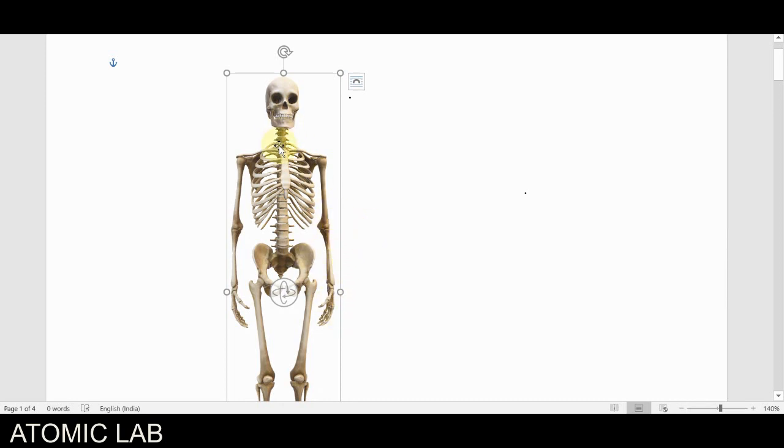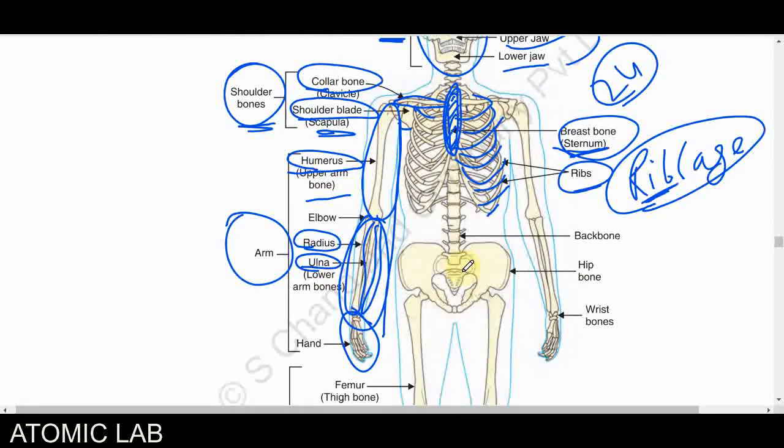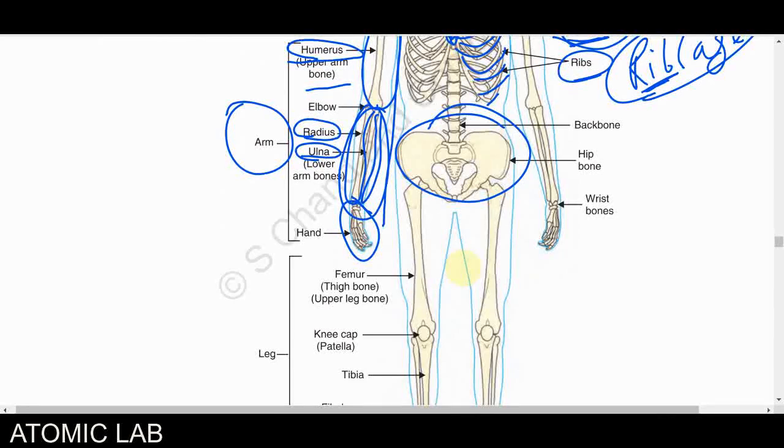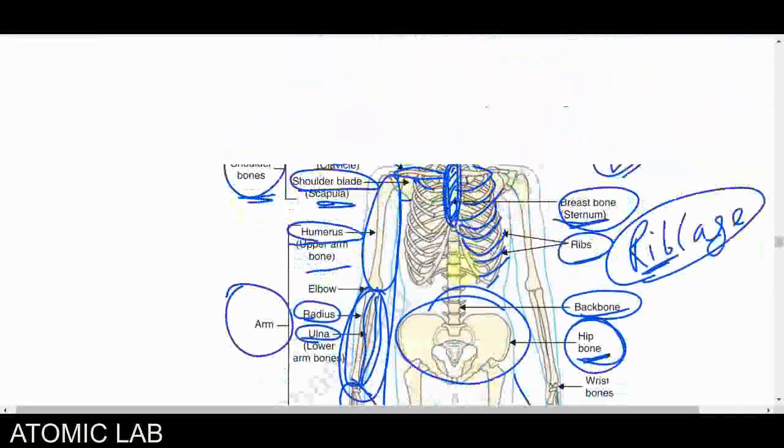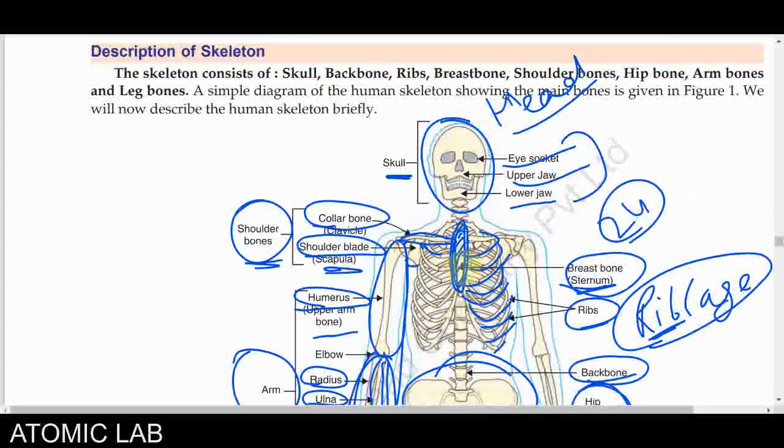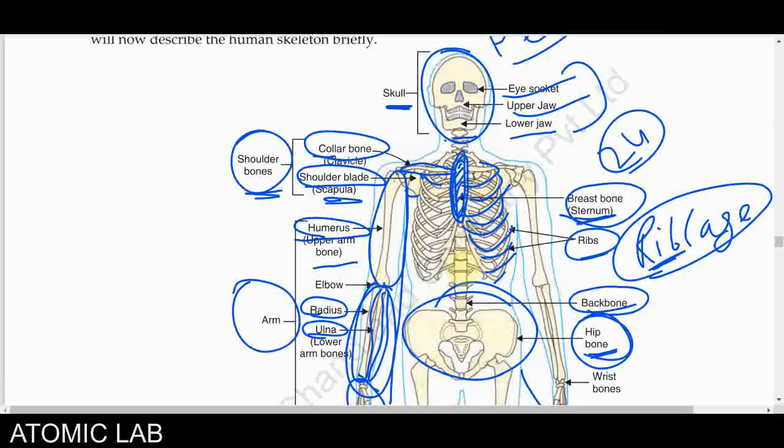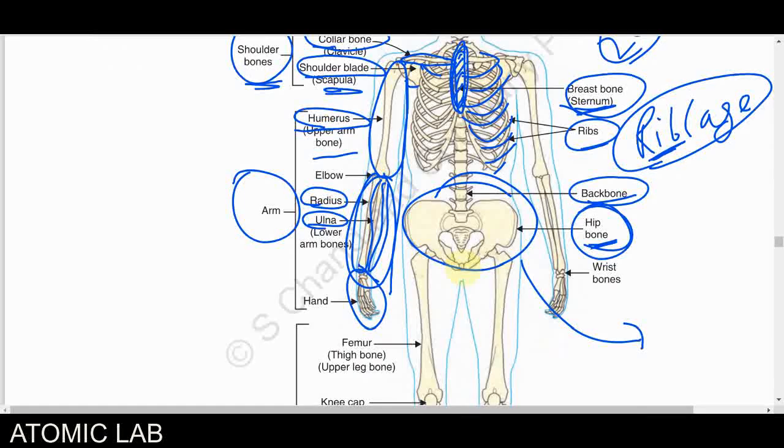In the end, you will see the backbone is generally attached to our skull as well as our lower part, or we can say the middle part of our body, which is generally known as the hip. You will see this is the middle part of our body, and that is known as the hip bone. So the backbone is attached with the hip bone as well as our skull. Its lower end attaches to the hip bone, and its upper end attaches to our skull. This is also a long bone, but it is made of very small bones.